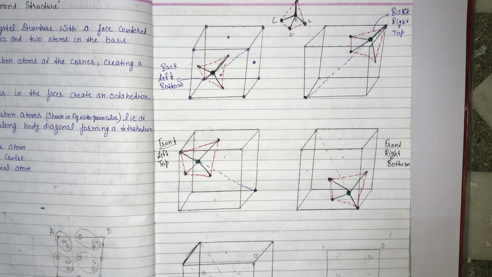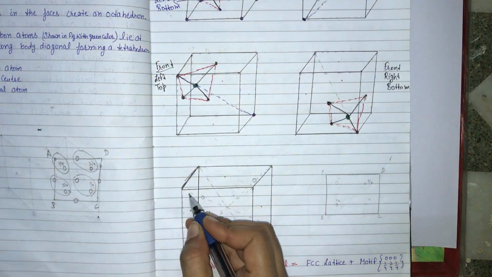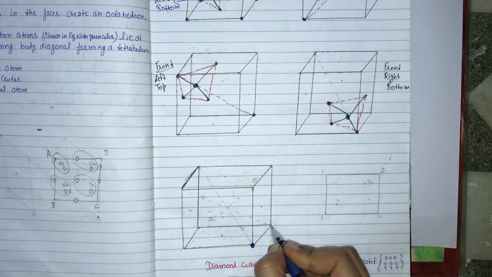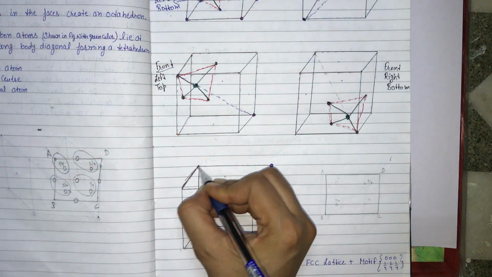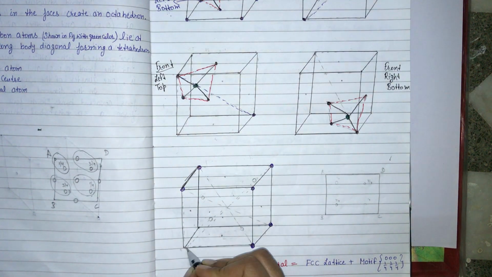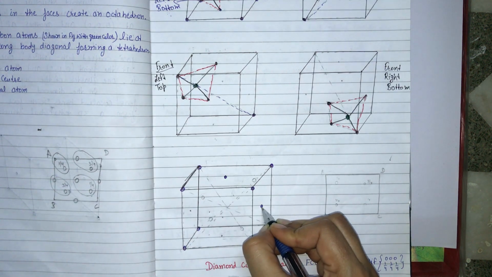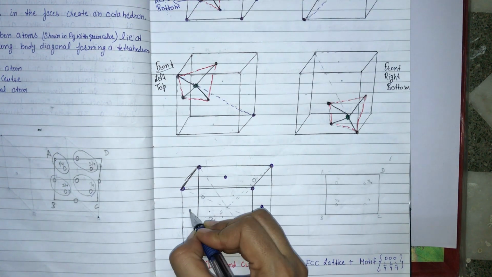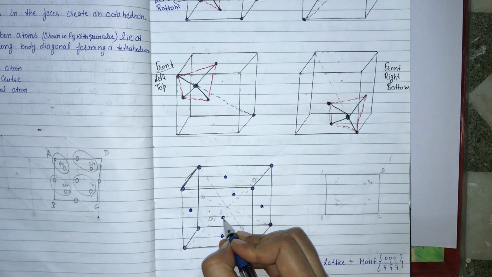Now join all these points in a single unit cell to understand this. So this is a cubic unit cell and carbon atoms are placed at the corner position. This is the corner position. Also carbon atoms are placed at face centered position. This is top, bottom, right, this is left, this is back and this is front.